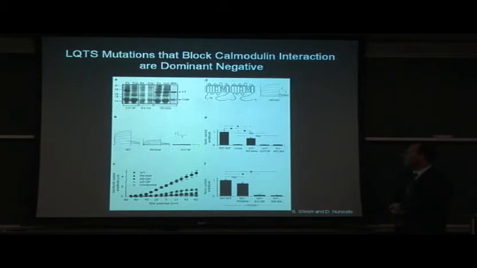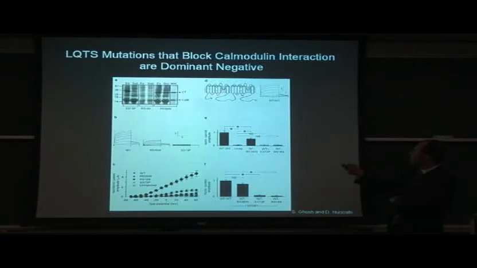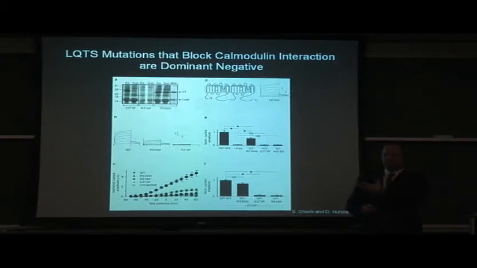So in order to look at this in assembled channels, we've used another concatamer strategy where we now have either a wild type or a mutant construct, and just as a control, you can see that the wild type concatamers lead to normal currents. And now we can make mutations where we mutate a long QT mutation in either one position or the other position. And these are mutations that we show biochemically can disrupt calmodulin interaction. And in any circumstance where it disrupts calmodulin interaction, the concatamers are non-functional.